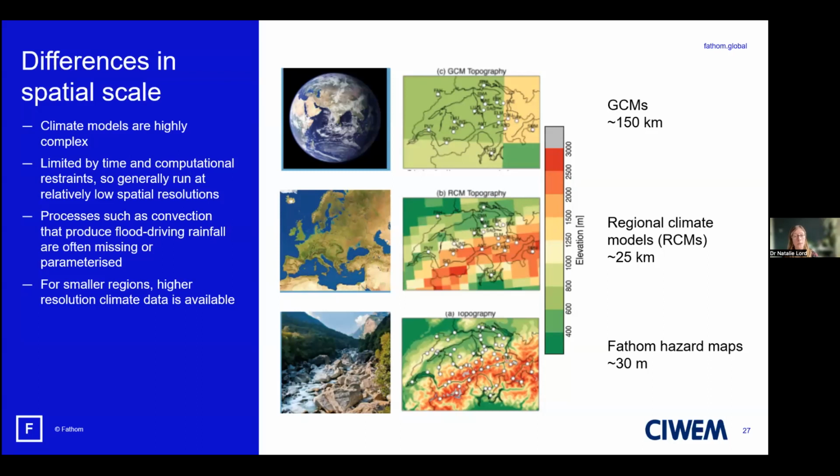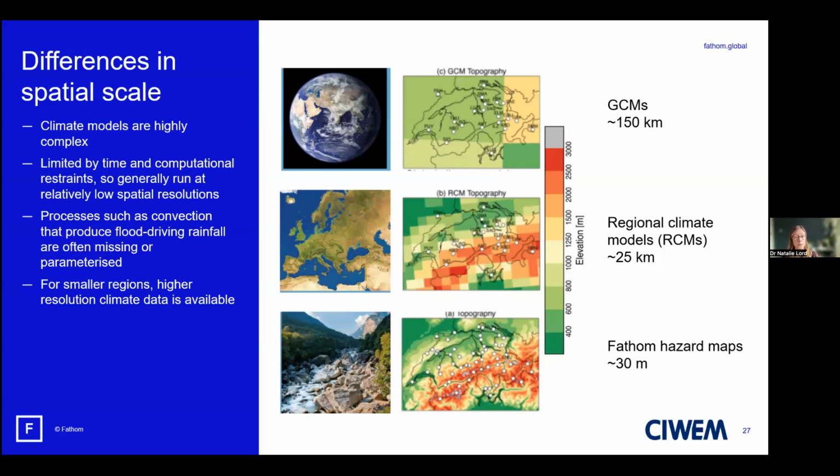So if we look at the top panel, we can see the resolution of a typical global climate model, which has grid boxes that are approximately 150 by 150 kilometers in size. And because the topography is averaged across the area of each grid box, there's not much variation between the different grid boxes. Below that, on the middle row, you can see the topography of a typical regional climate model with